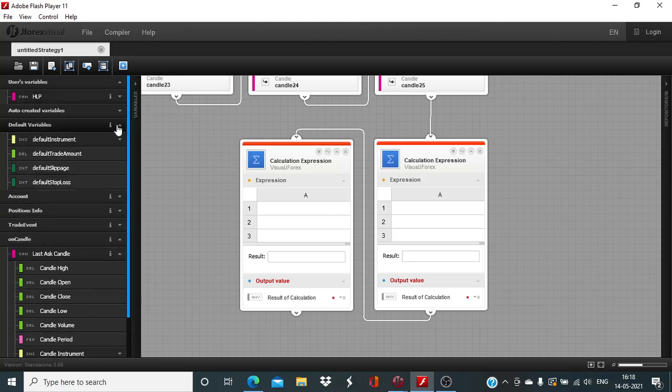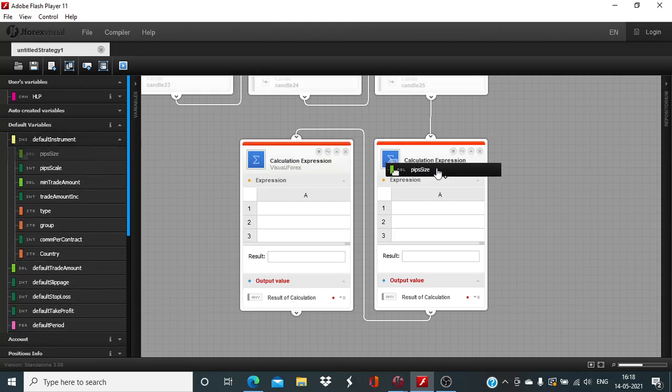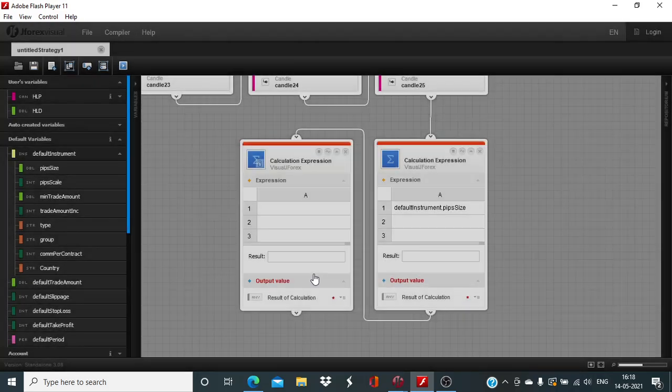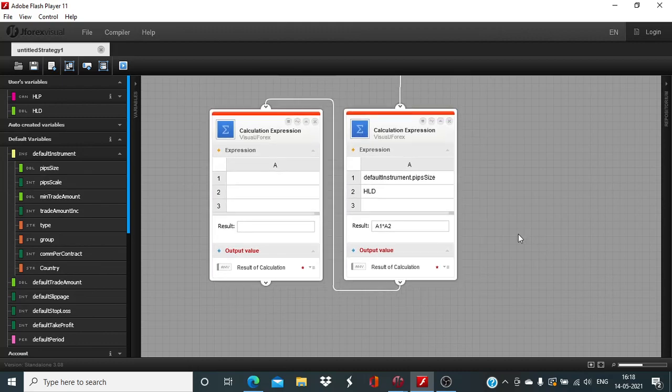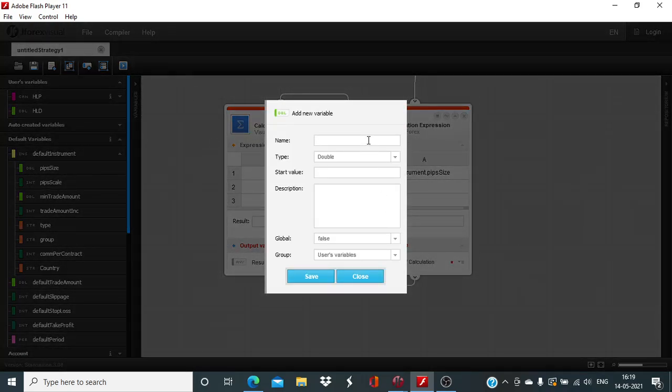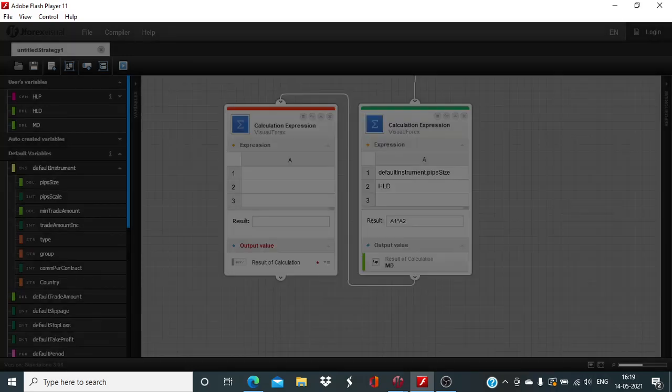All you need is take the default instrument pip size and multiply it with a new variable, which is going to be 20, and this is going to be A1 into A2. Okay,